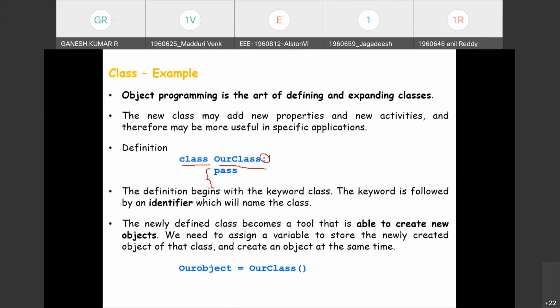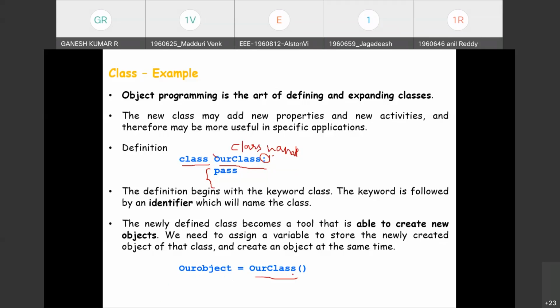When we define a new class, we have a tool that is able to create new objects. We can create new objects with reference to the already defined class. For example, the class name is our class. With reference to our class, we can create new objects.